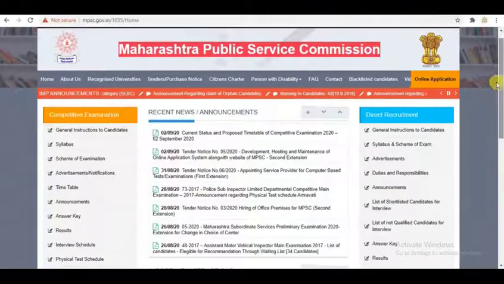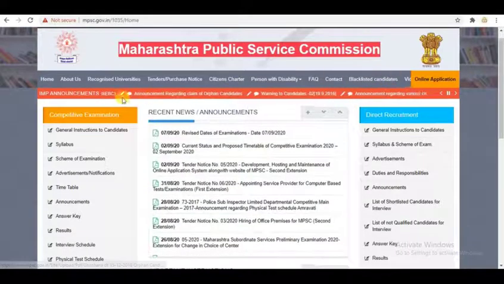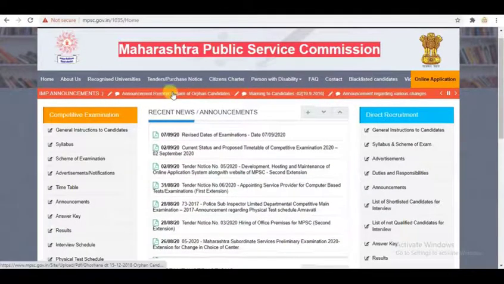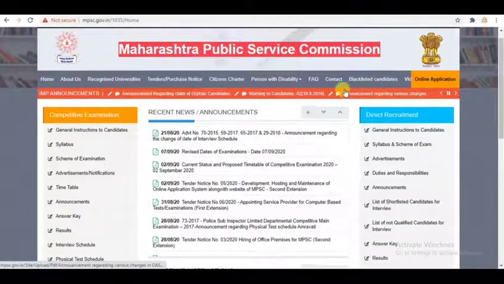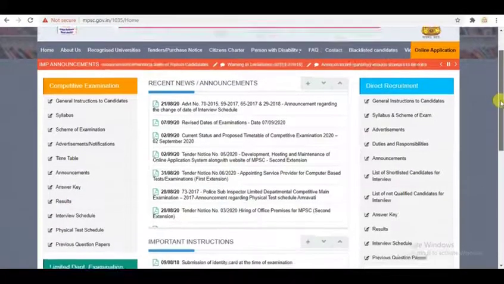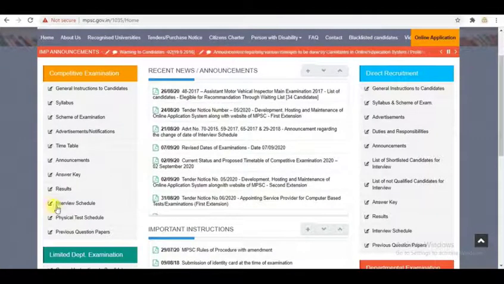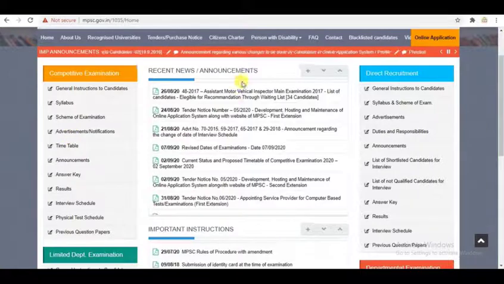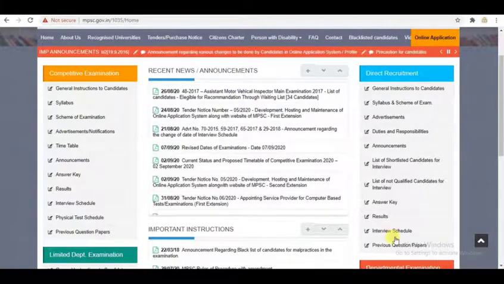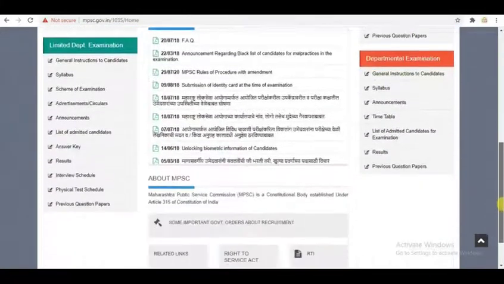Then after the menu there is a sliding or scrolling news bar. This is another row. Then another section is the content area, which is again divided into three columns: first column, second column, and third column. So you can see how the web page looks.